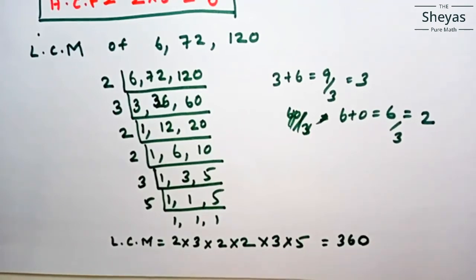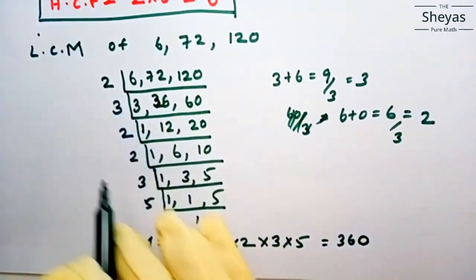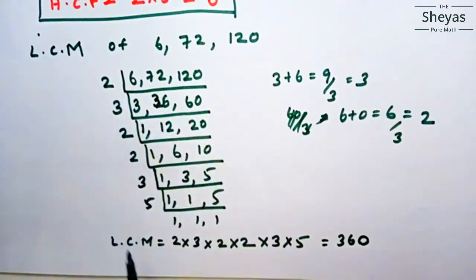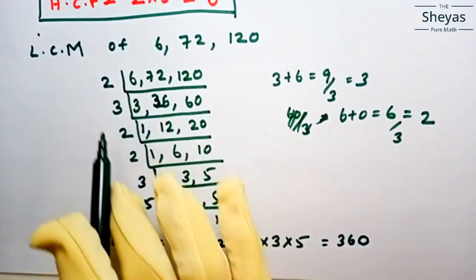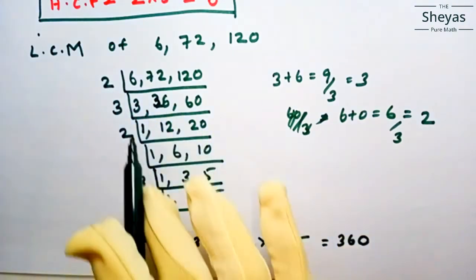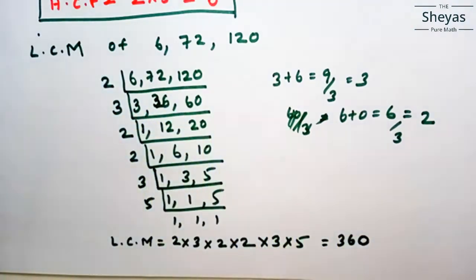Now you have found the LCM. So here also I have found the prime factors and the least common multiple. Here I have done the LCM and I got the value 360. All these are prime factors. LCM is equal to 360. Now we have finished HCF and LCM. Now you know how to do HCF and LCM. Let us do some more problems.